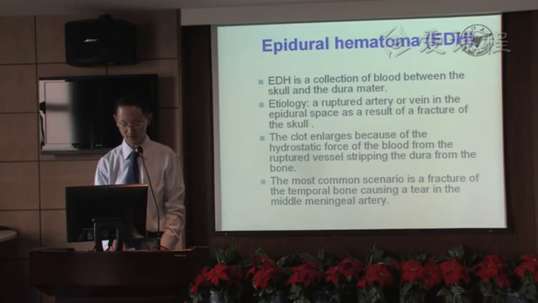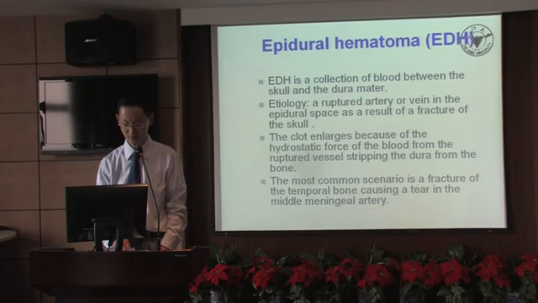The diagnosis of an EDH is established by the presence of the typical biconvex lens-shaped hematoma adjacent to the skull, displacing the brain, because the close attachment of the dura to the inner table of the skull prevents the hematoma from spreading. The most common location is the